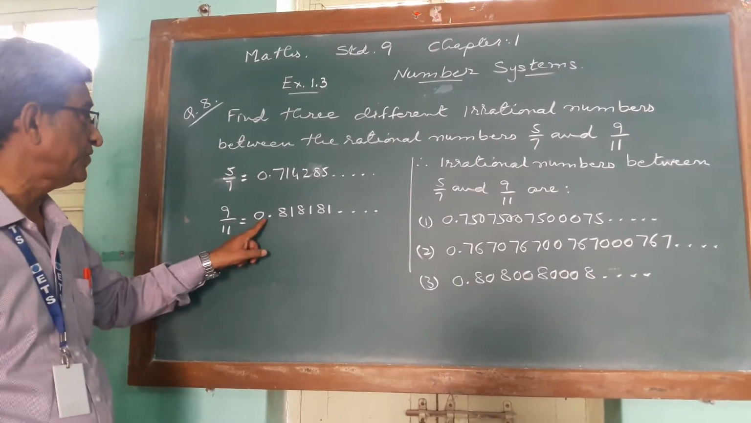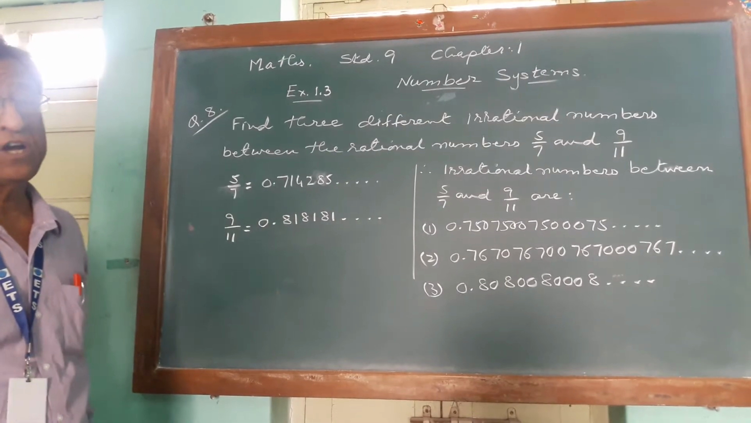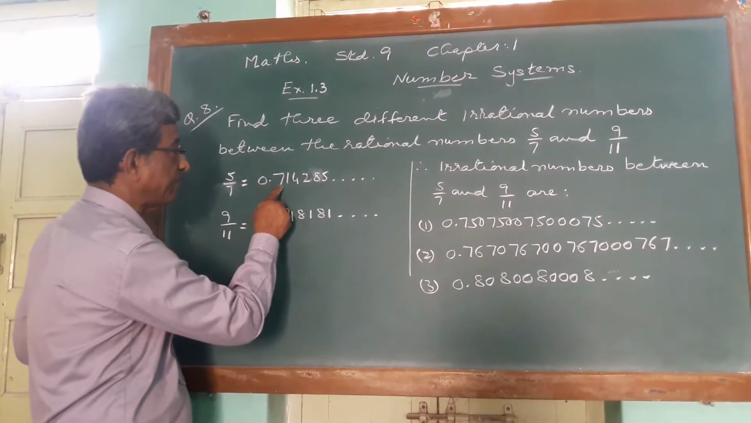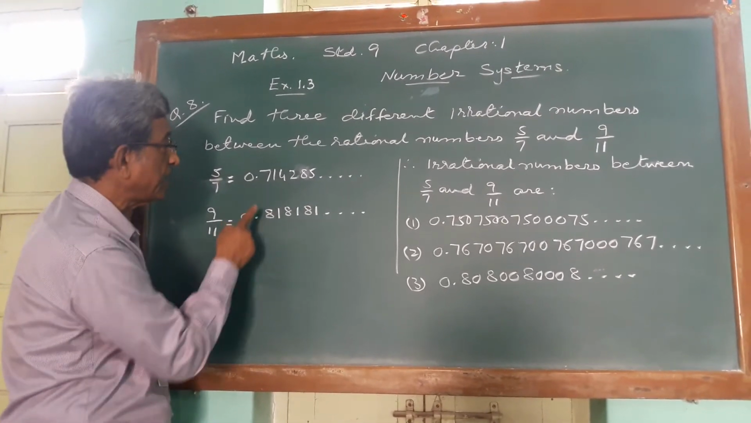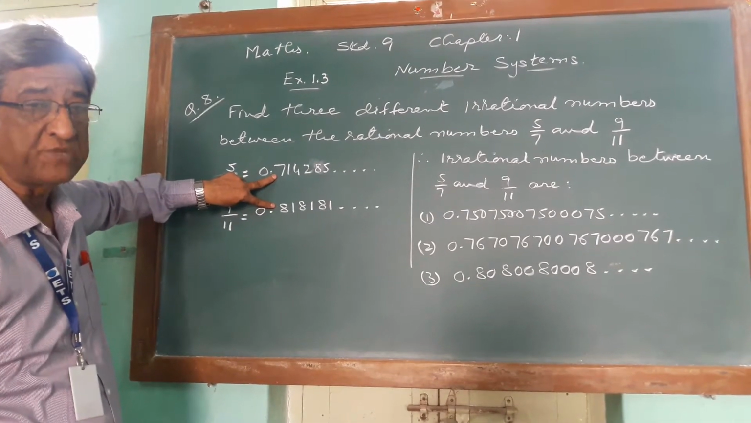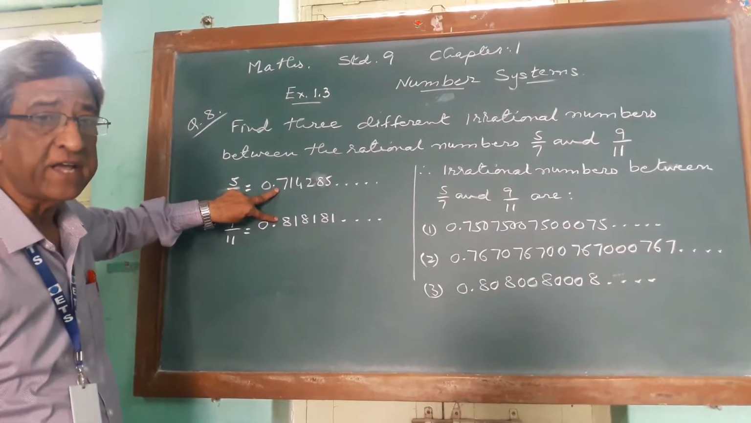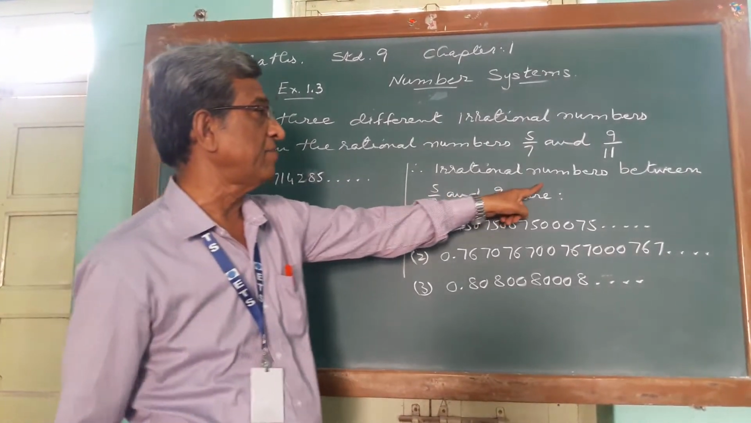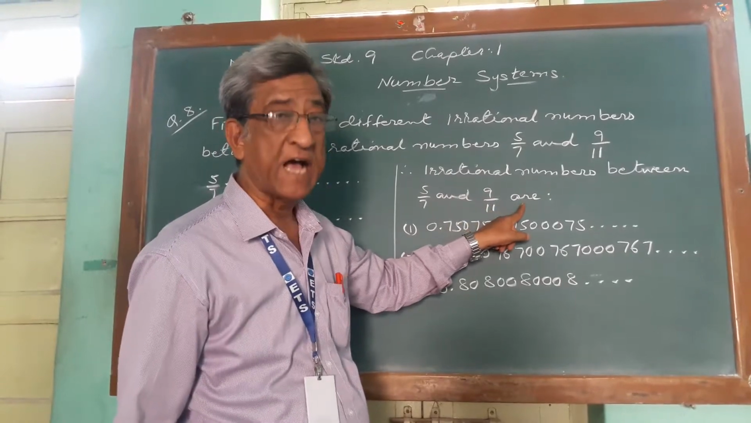9/11 can be written as 0.818181. So our required numbers will be between 0.71 and 0.81. So there are infinite numbers between these two decimal expressions. So you can take any three as we are asked for 3. So irrational numbers between 5/7 and 9/11 are